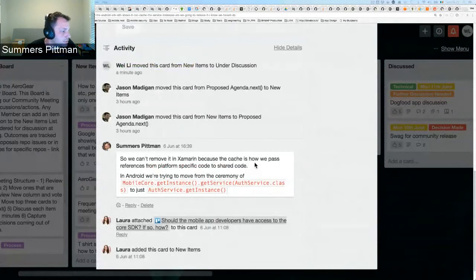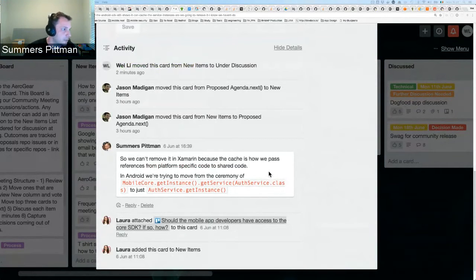I'm thinking about the case where a user has a custom module, or a custom service. In Xamarin, it's straightforward to initialize a service and have part of that service's initialization register it with the cache. In Android, what we were originally trying to do was have Android start up the service, and that was how it got introduced into the cache. And that is not a good idea, as it turned out.